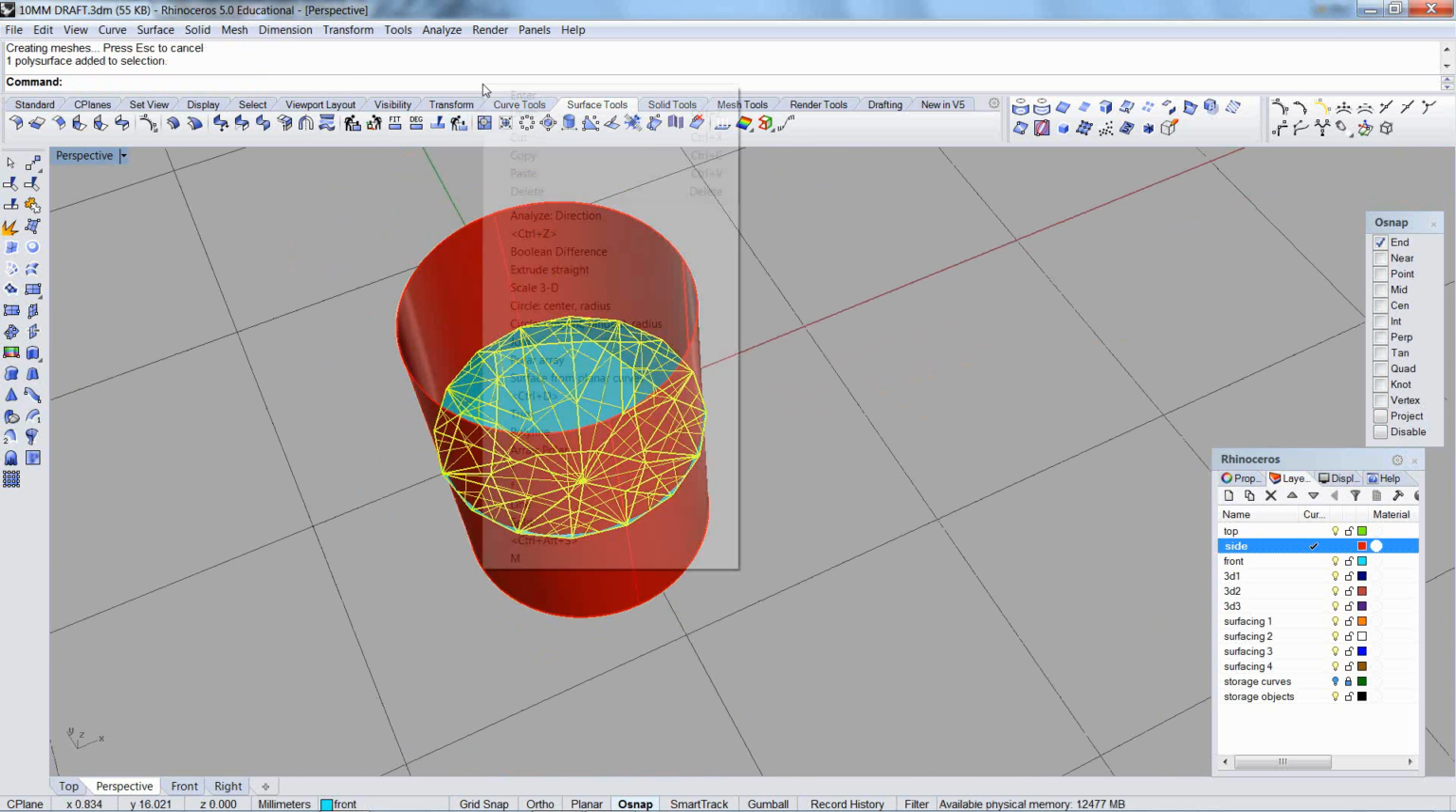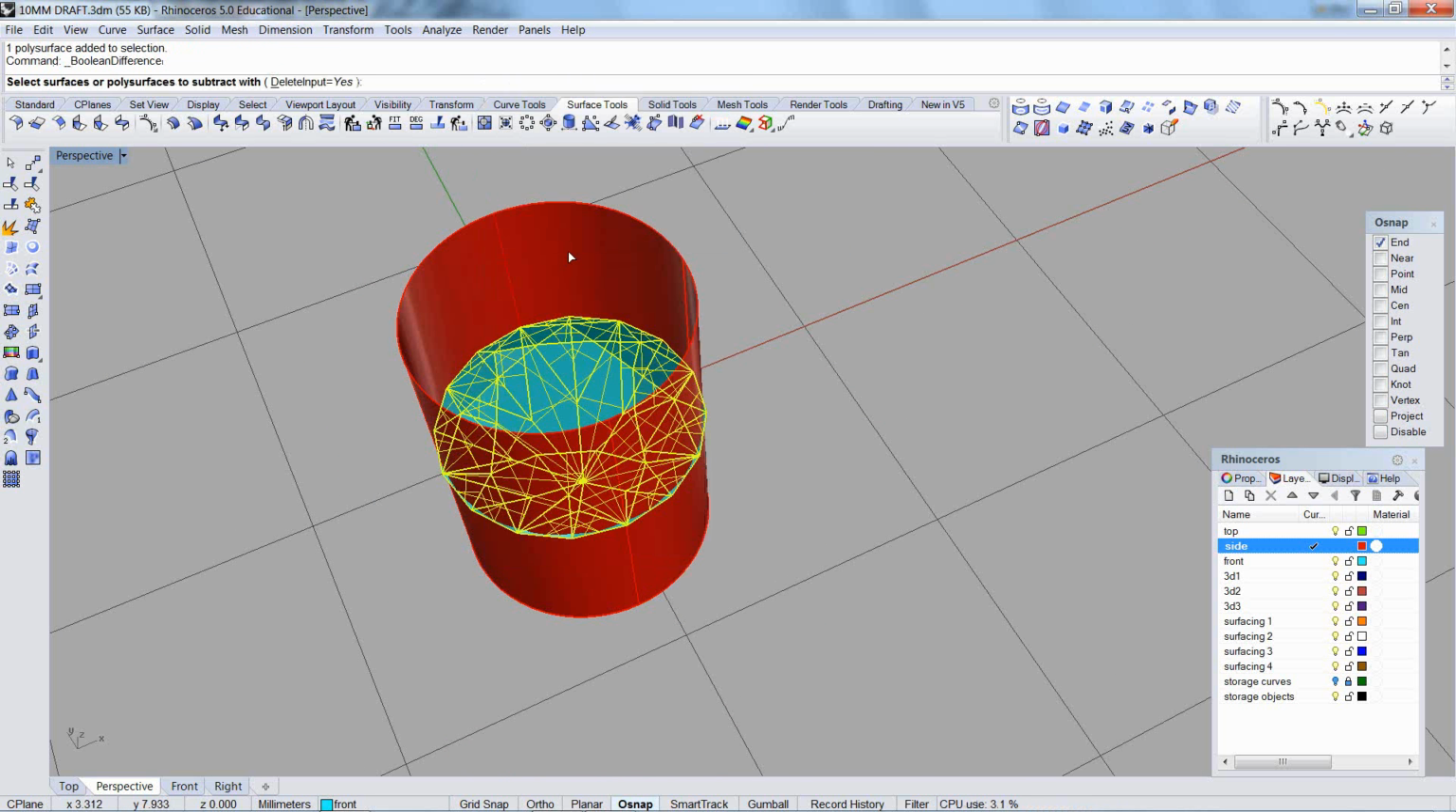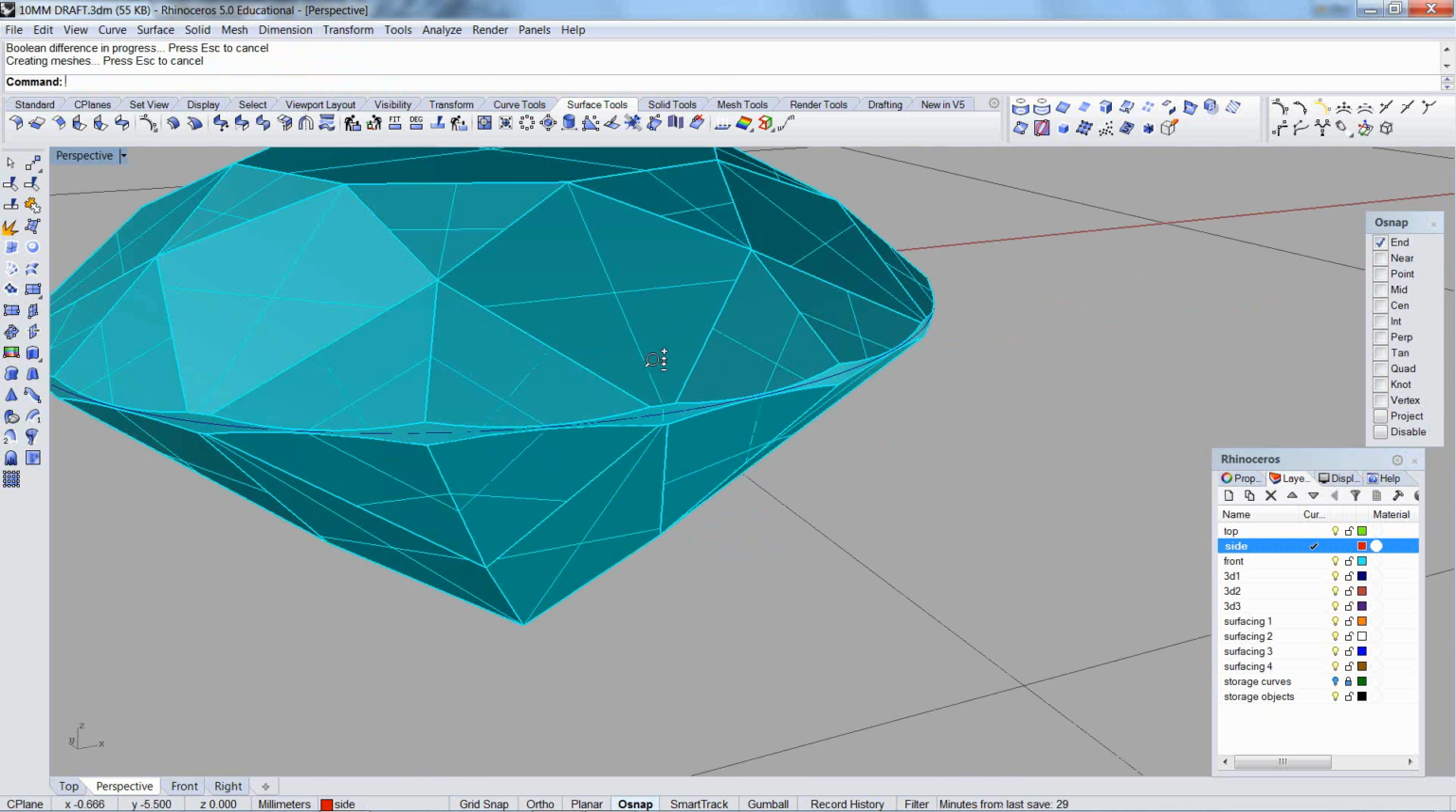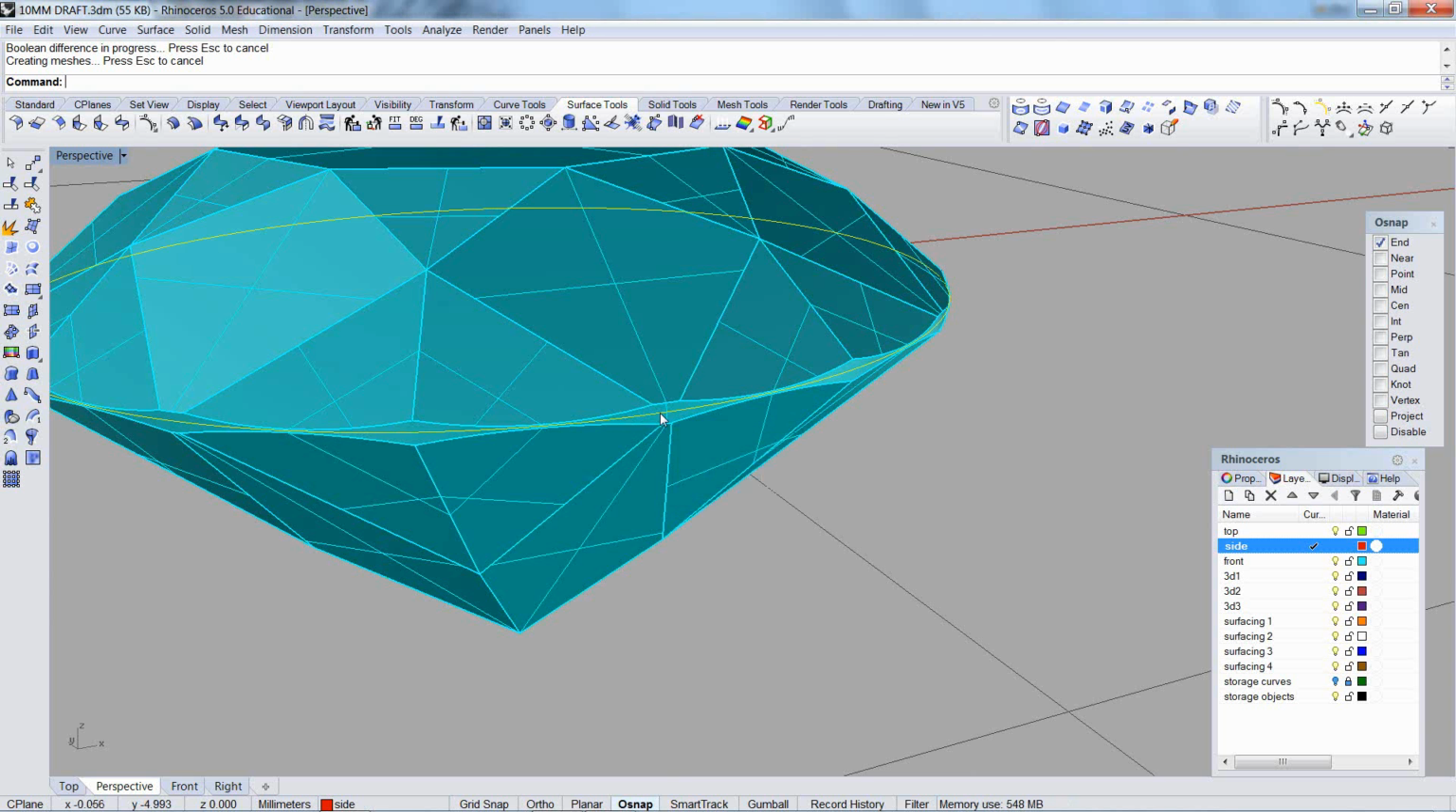Go into difference, solid difference. Select surface to subtract with, cylinder, enter when done. And there's your nice smooth girdle. Throw away the curve,